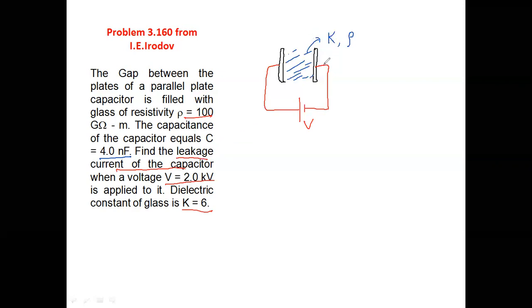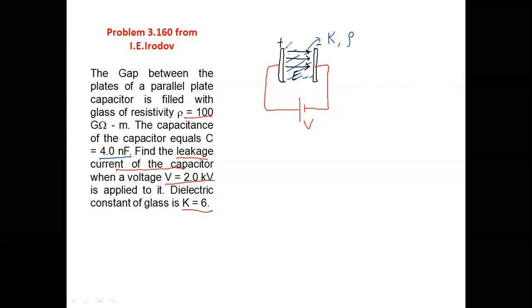Now, first of all, what we can do. Whenever you fill this dielectric having some resistivity between the plates of a capacitor, remember, due to battery, this plate will be positively charged and the other plate will be negatively charged. There will be an electric field inside the capacitor, and the same electric field will be through the dielectric also. In the entire space, you will have some electric field E.